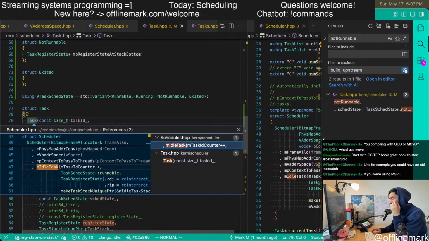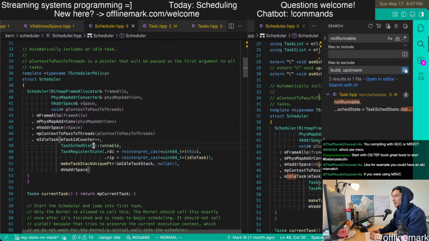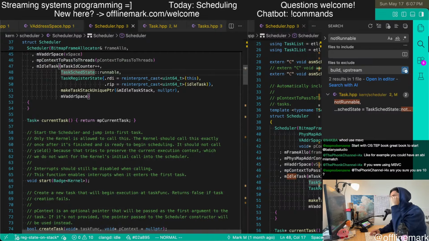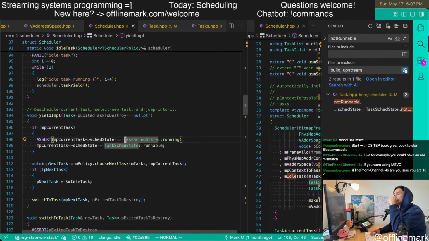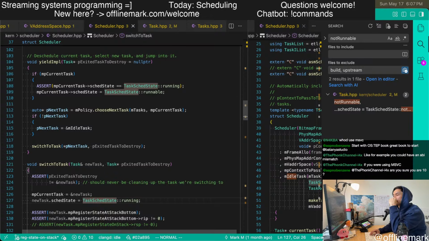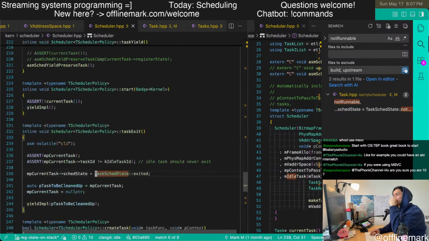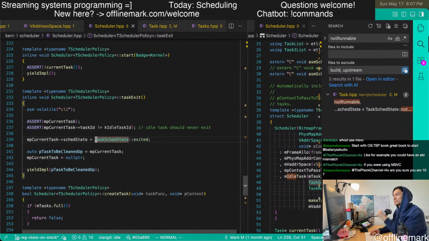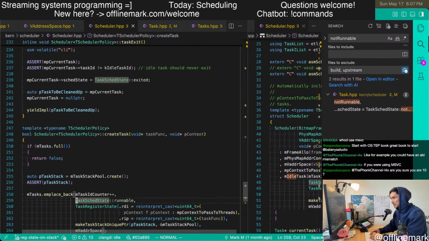I guess the IntelliSense doesn't find it, but in both cases here we pass it. The idle task is runnable, and this is exited, and then over here we pass in runnable for the create task.